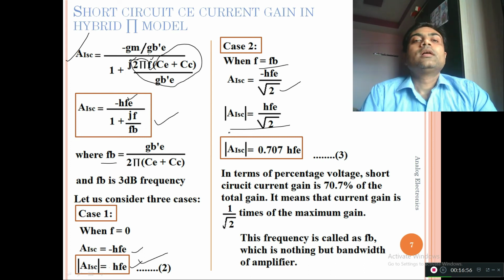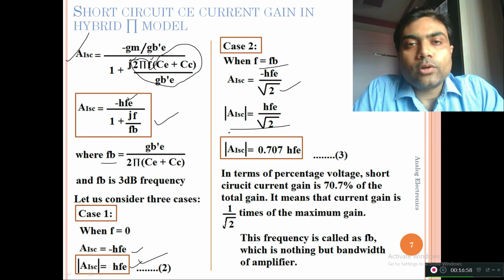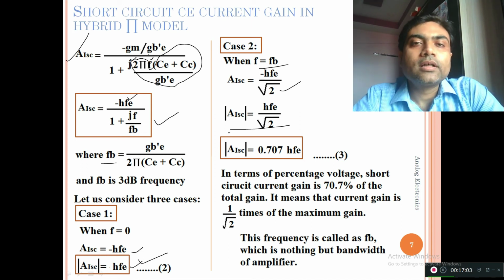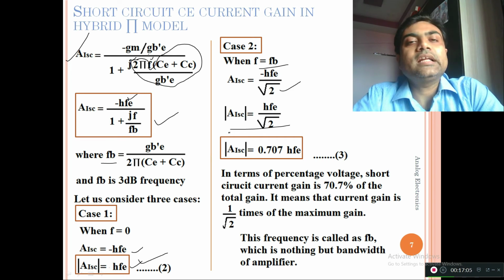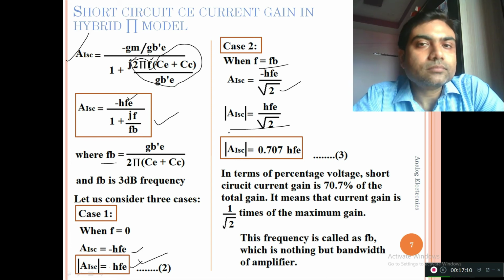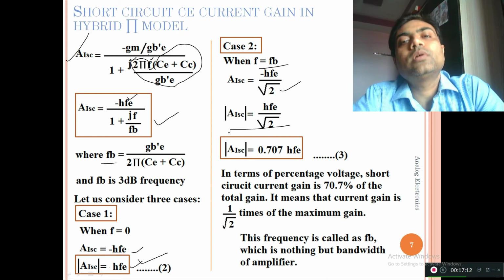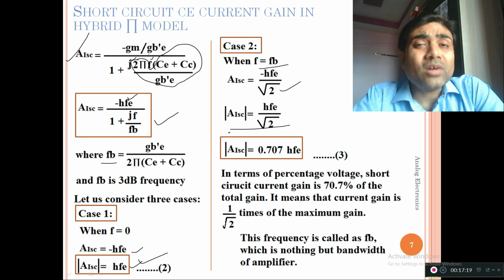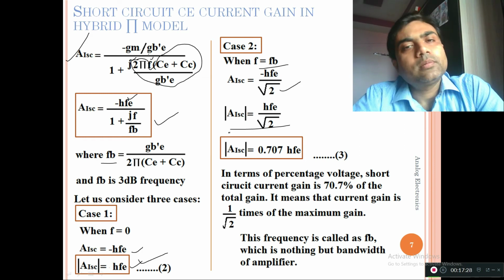Okay, so scientists have arrived to the common conclusion that if the value remains to the 3 dB limit, then that value is acceptable, that gain is acceptable, and we can accept it as tolerance value of the gain. So further, if you want to require the higher bandwidth, that is the higher frequency ranges, then gain will be further reduced. Okay, so this 3 dB is accepted as the common value, the common tolerance value across the scientist world. You can understand like this.